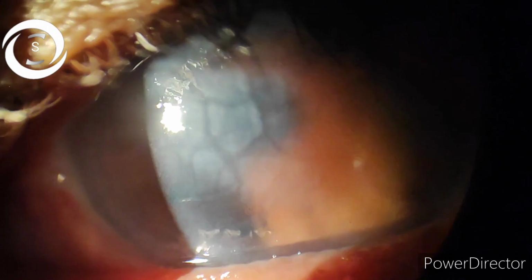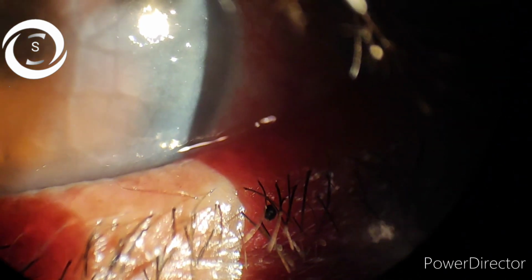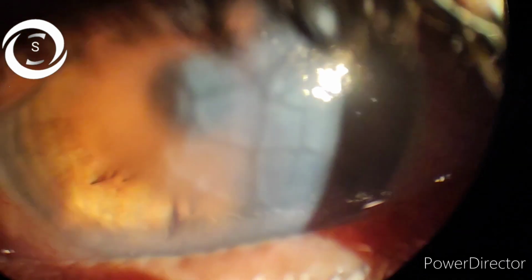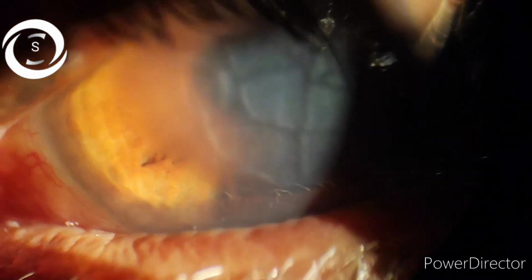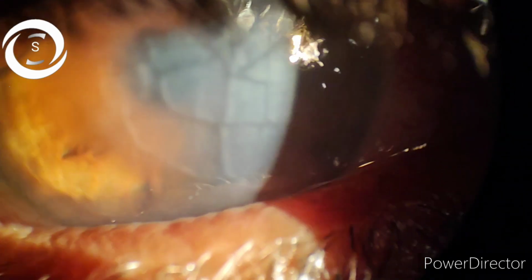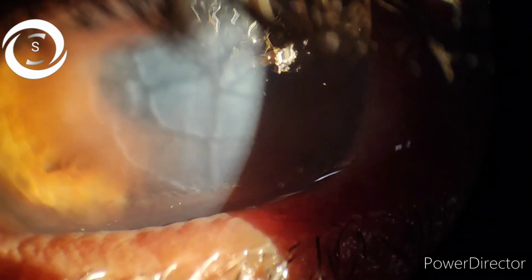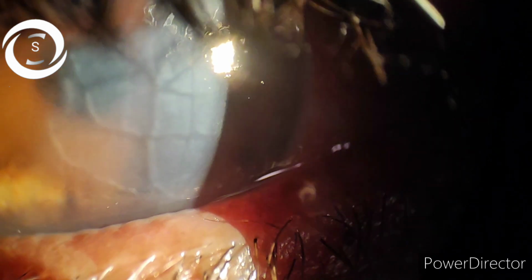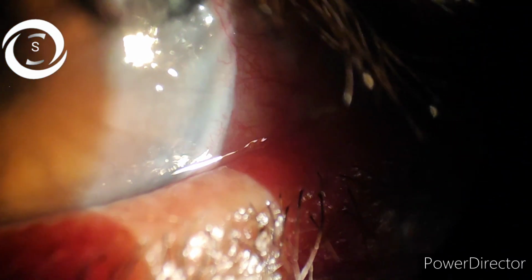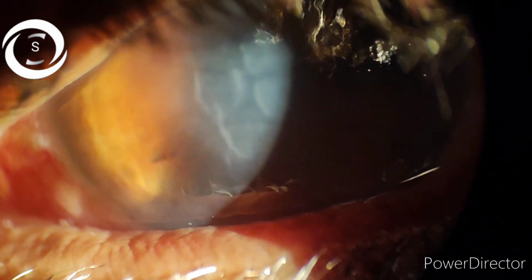Now, coincidentally, a few weeks back, we discussed this complication. I was accompanied by two seasoned ophthalmologists of my area with 30 years experience in ophthalmology. I've got 10 years experience, and one of them shared that he had seen two cases of complete, extensive Descemet membrane detachment in his entire career of 30 years, and one recovered and the other went into bullous keratopathy. The other ophthalmologist told us that he has experienced a lot recently, and we discussed. When I was asked, I told them that, thank God, I have not experienced a complete Descemet detachment yet, but